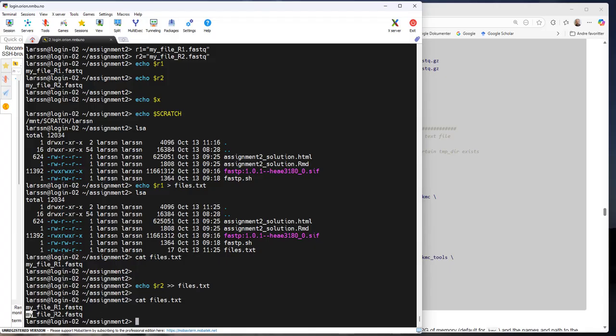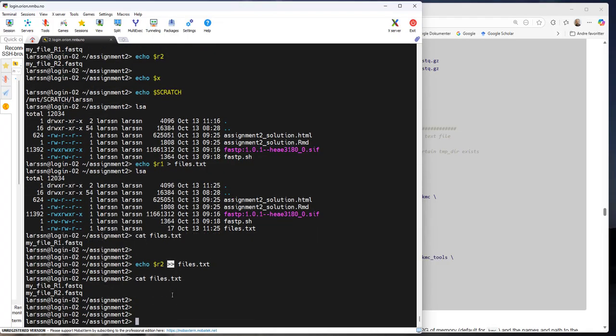It's now been added. And that's the difference between using a single and a double right arrow here: when you use a single arrow, you create the file or you overwrite what is there. If you use the double arrow, you just add to the existing file. So let me demonstrate this. If I now repeat the command here but forget to use the double arrow,